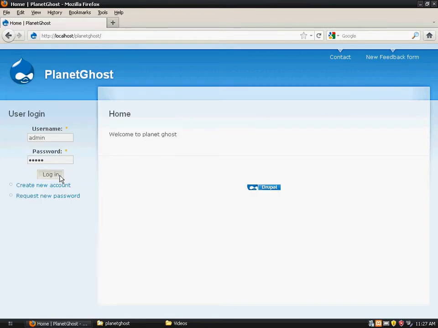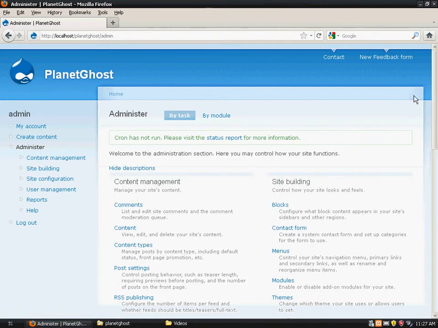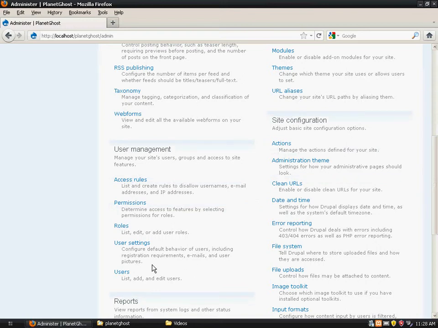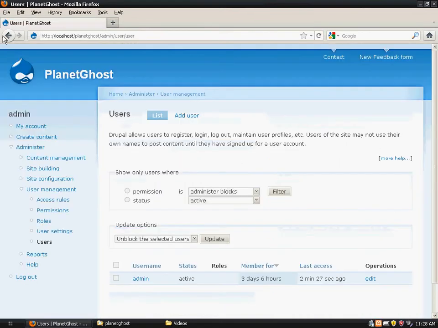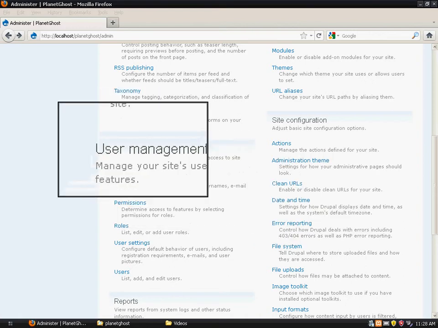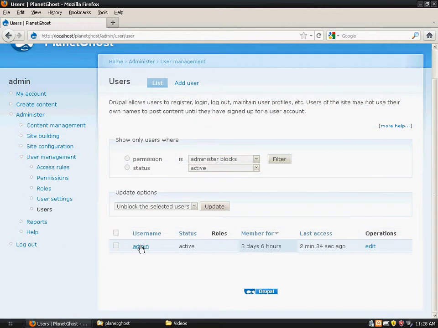Now, being the administrator, I will create a new account from the administrator side. As the admin, you have the rights of creating a user yourself. Under user management, you can click on users, where all the users would be listed. Right now we just have admin, which is you yourself.